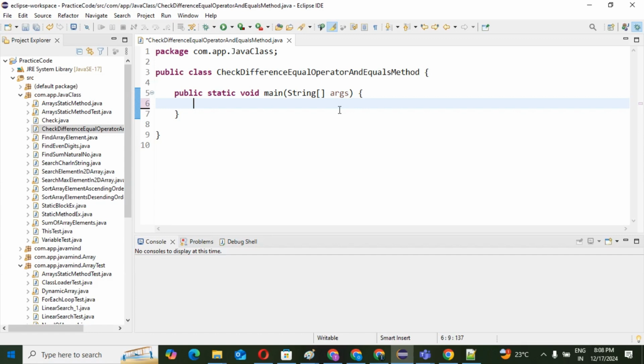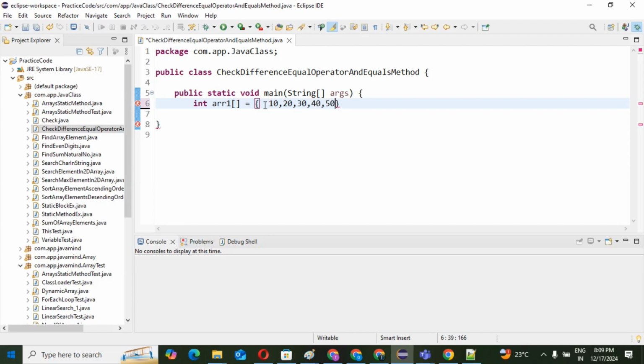The same in this program. If you want to compare, you should have two array objects, because I am going to explain in terms of arrays. So first I will create two array objects. int arr1, then I will create it with 10, 20, 30, 40, 50, put inside the curly braces.